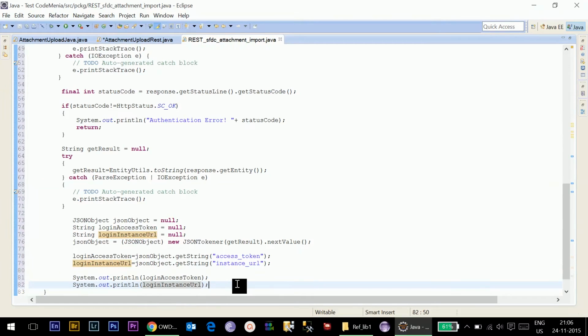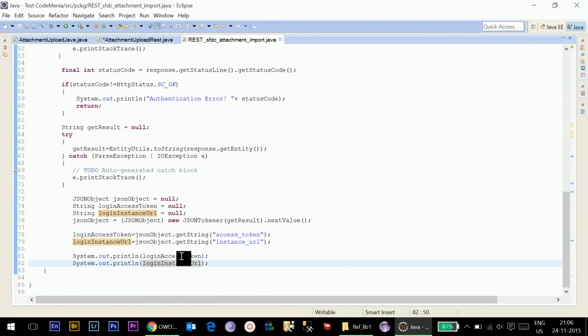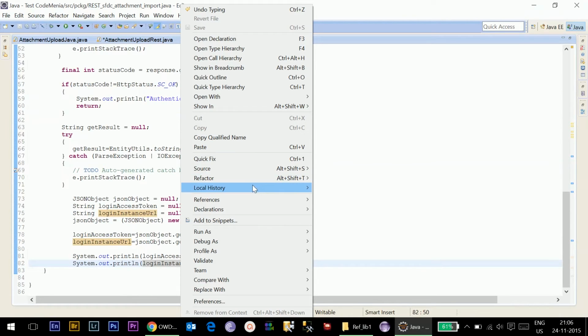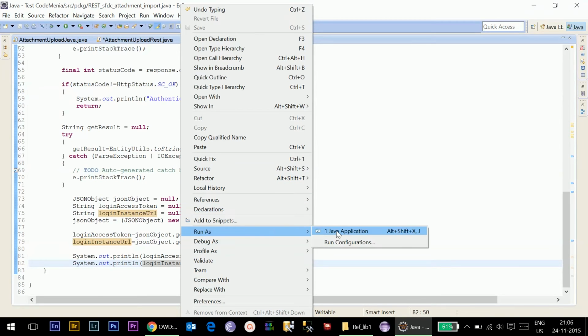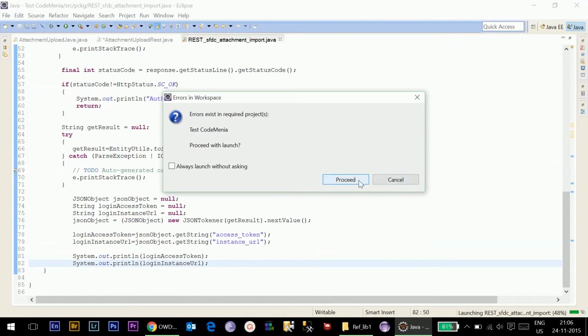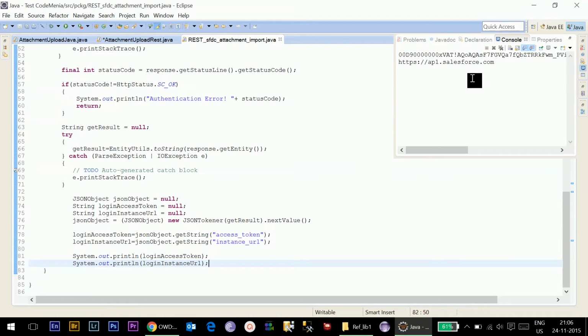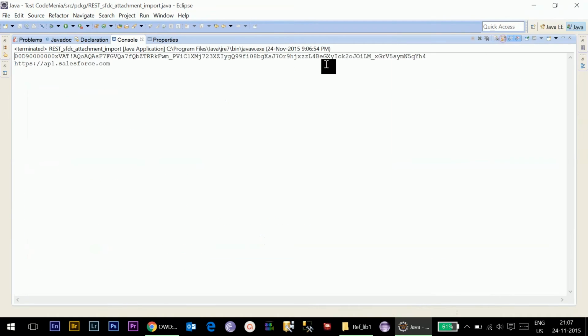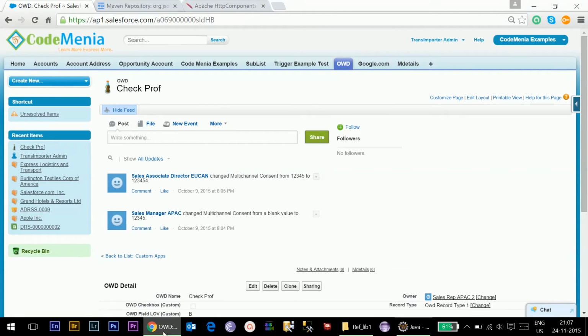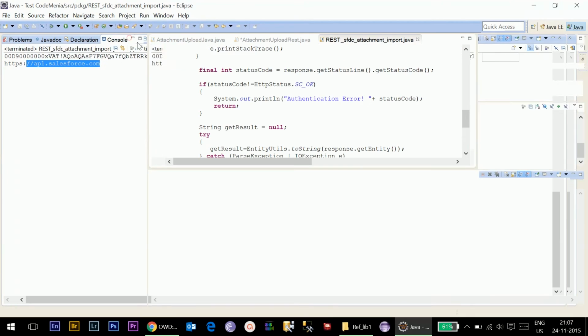So let's check if it's working correctly or not, and what we get within this login access token and instance URL. So I'm going to run this. So this is the instance URL and login access token we have obtained. So we can easily see that login has been successful here. So going with next onward,